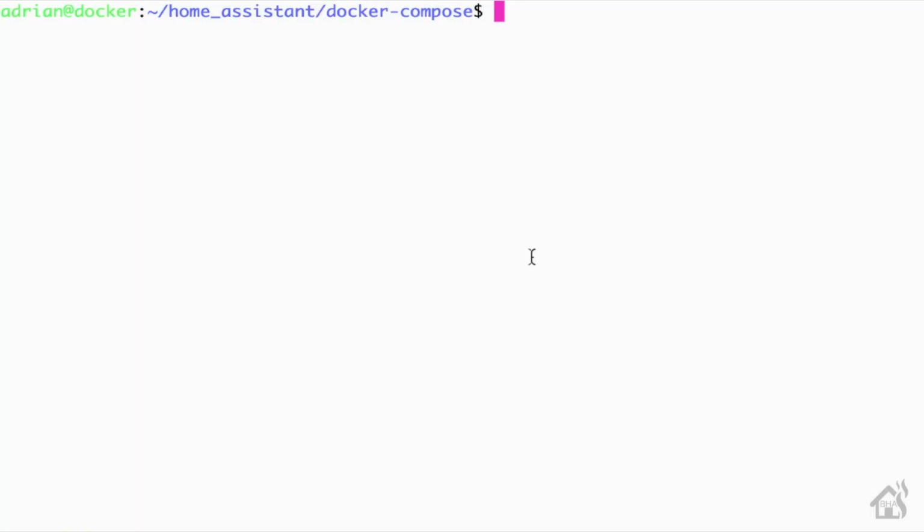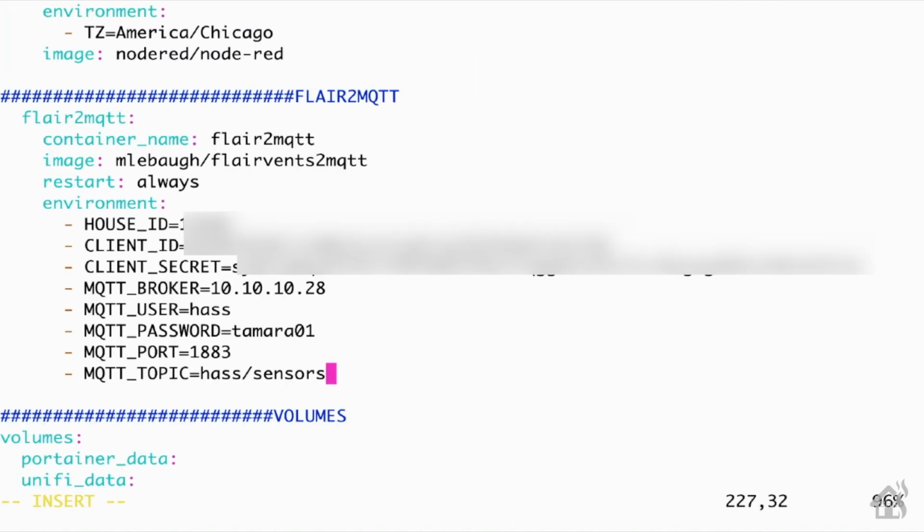I do install all my Docker containers with docker-compose. So of course we'll be editing my docker-compose.yaml file here. We're going to find an open spot down here towards the bottom. As you can see, I've already got mine installed, but we'll go ahead and run through the setup as far as what all the